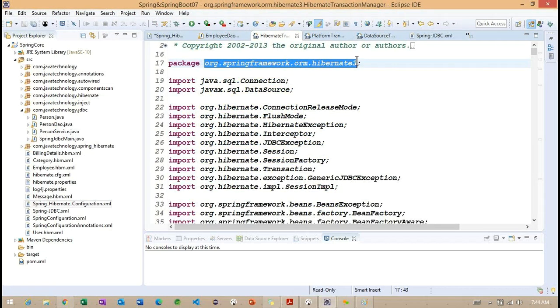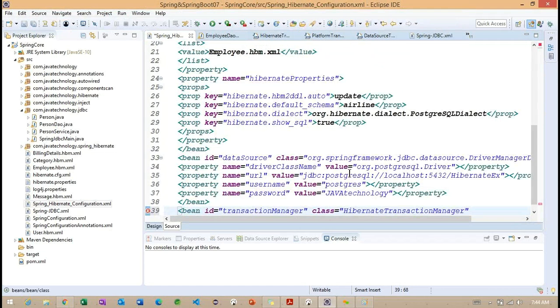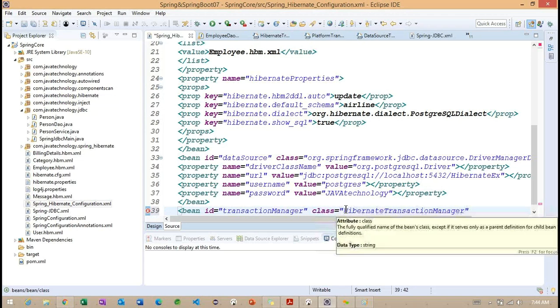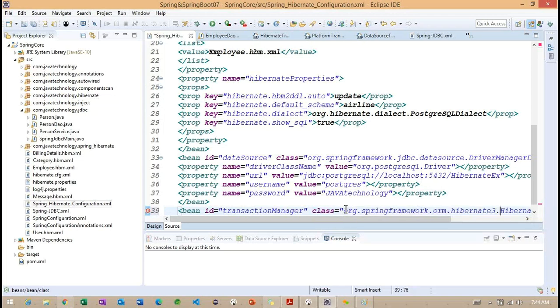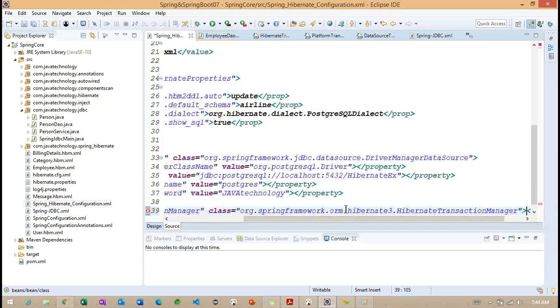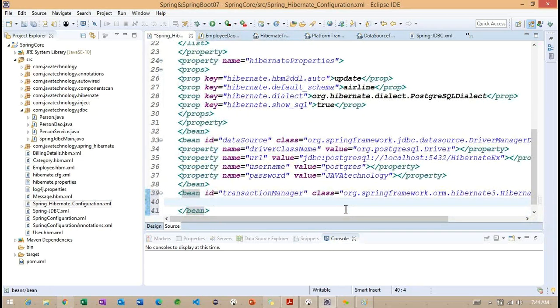So what is Spring Framework, Hibernate 3. So this is our package name. With the reference of this particular package name, we are going to call this particular Hibernate transaction manager. But now what I need to do, I want to call this particular property here. So we can work with the property. The name of the property we are having is session factory. Reference here session factory.